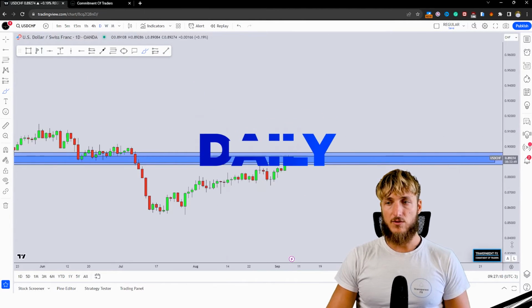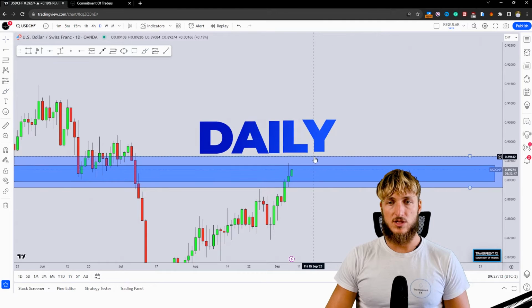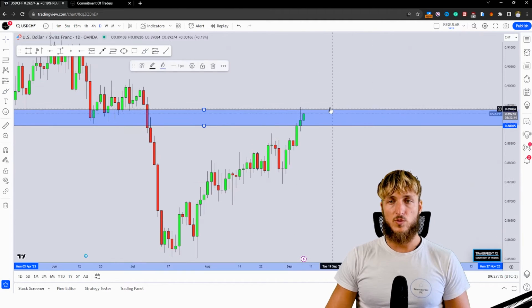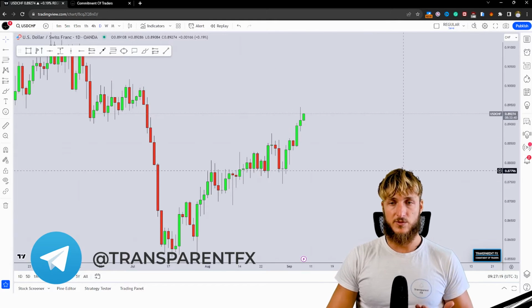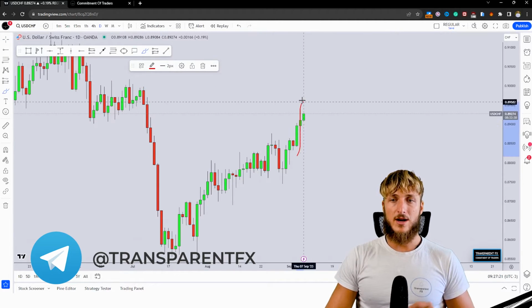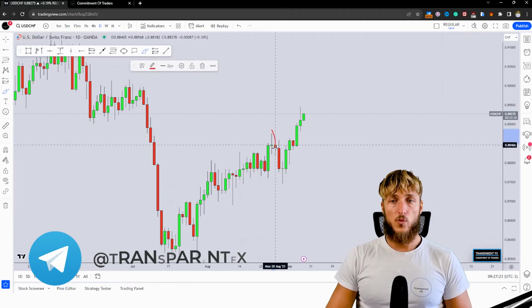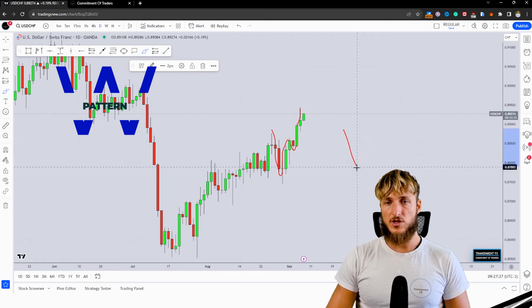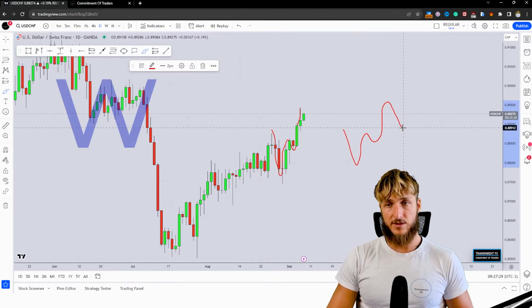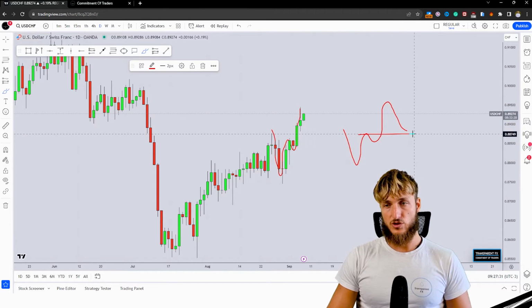Going down the daily time frame, this is where things get very interesting, because from a daily standpoint, we can see that not only on the monthly and weekly we're testing resistance, but here in the daily we are approaching that resistance with the creation of a W formation. And a W formation in general is a bearish pattern, after which we could expect a rejection to the downside